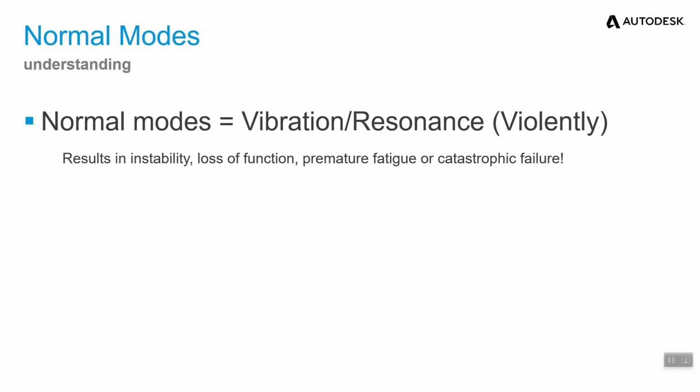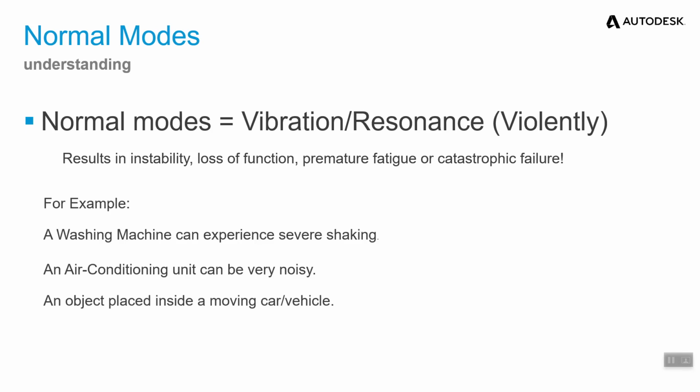And even an air conditioning unit, the outer unit of the air conditioner, will vibrate more and make more noise. And finally, any objects that you have kept inside a vehicle, at a point, will lose stability and eventually fall off. So these are some of the real life examples of normal modes. And to know the behavior of these structures or systems, we'll be doing normal mode analysis.